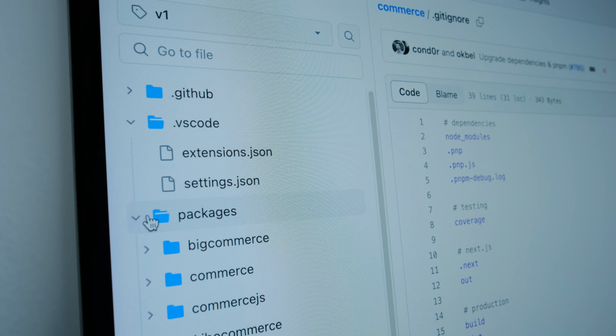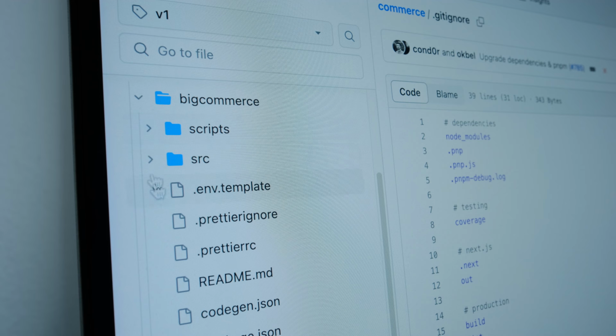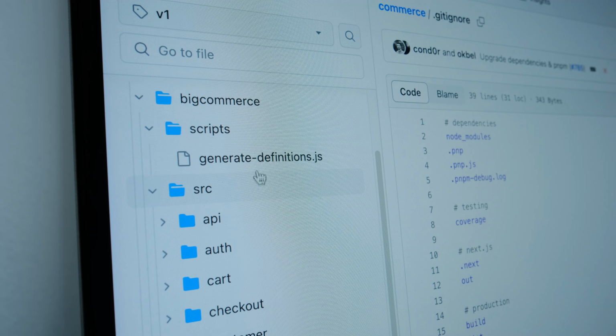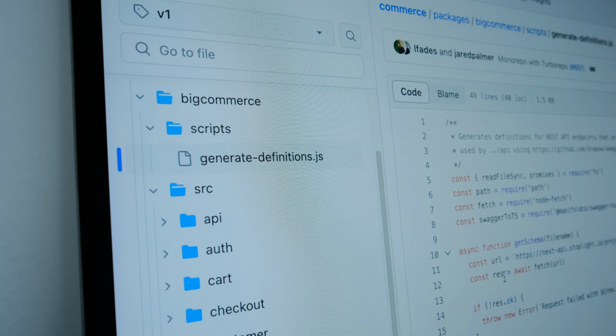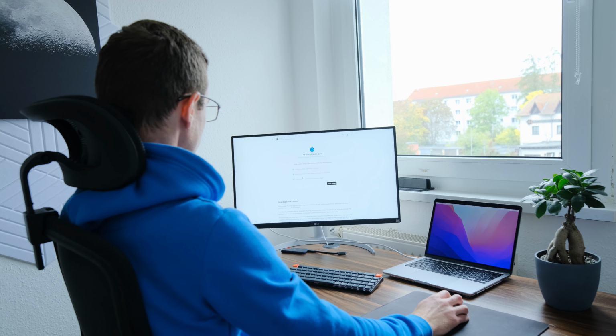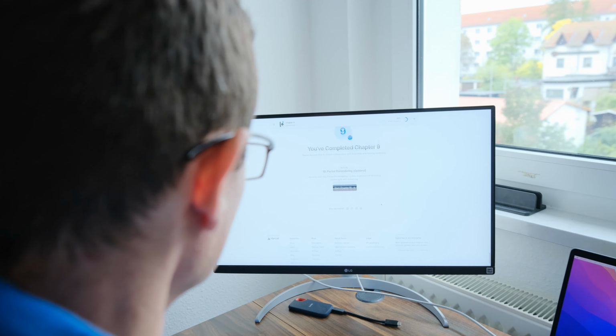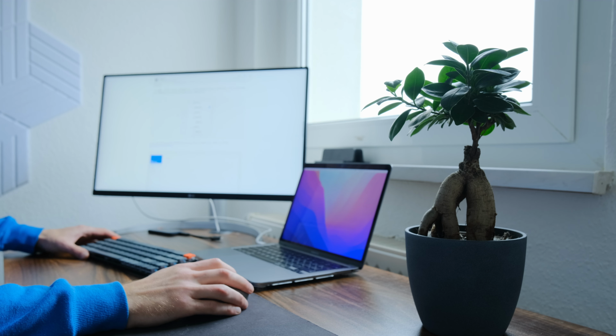In summary, to master Next.js, remember these key steps. Familiarize yourself with React.js, dive into the Next.js documentation, practice building projects, engage with the Next.js community, and follow video tutorials